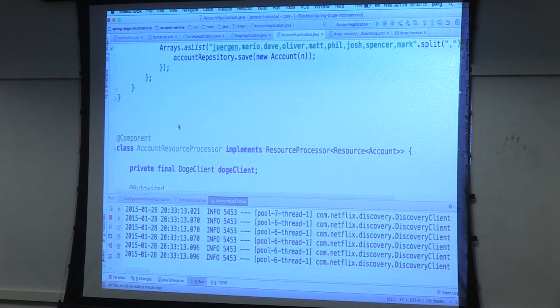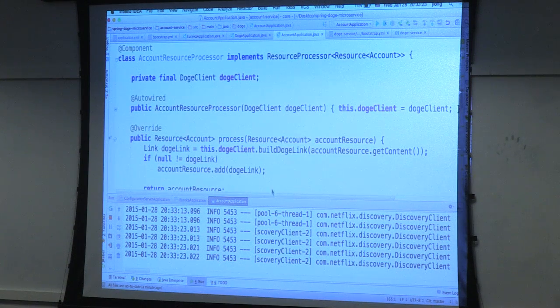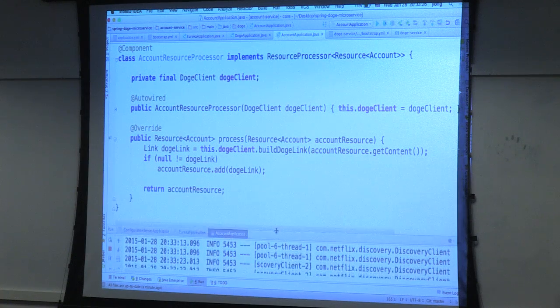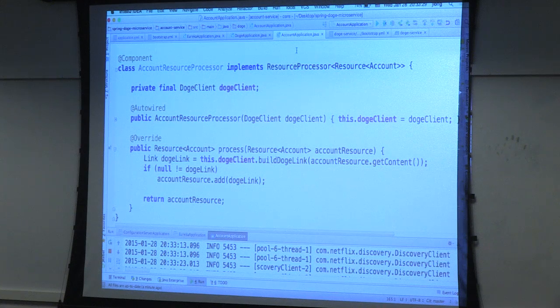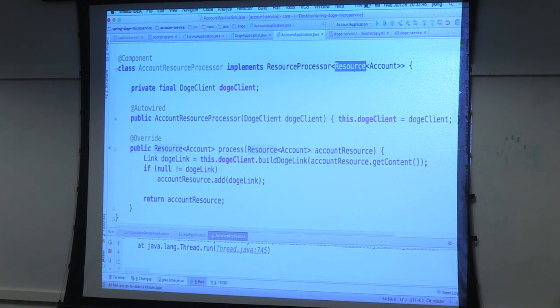So again, this is where Eureka can really be invaluable, because that little bit of indirection helps us make this very, very smart. So what I've done is I've got a little bit of glue code, and the way I've done this is I've said, OK, Spring Data REST, whenever you render a POJO of type account, it's going to be wrapped in an envelope called resource, which contains the collection of links and then the POJO, the payload. And then I'm going to say this is a resource processor, which is a callback interface for all envelopes of type resource with a payload of type account. So Spring Data REST, whenever it renders an account, is going to call this callback object and give it a chance to contribute new links to be rendered.